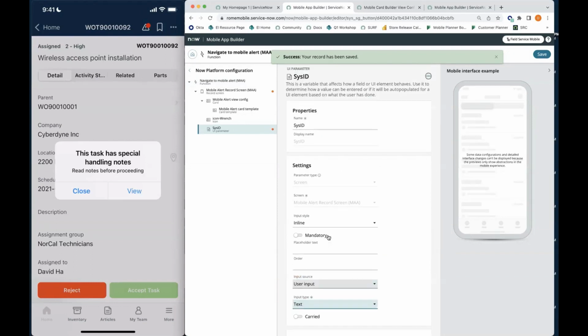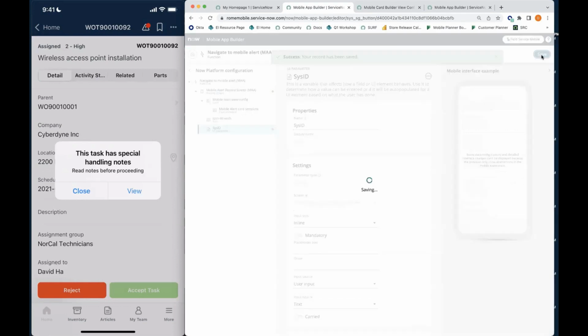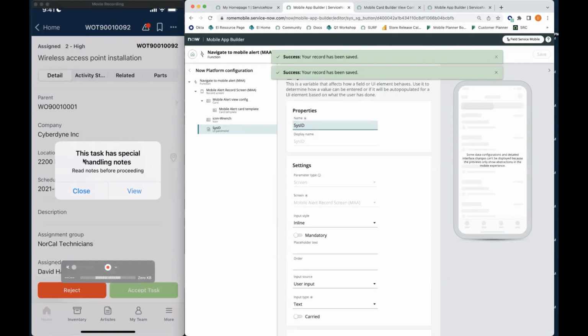Okay. So right now, if I were to leave this as is, let me just save this and show you. So right now, if I were to go here, this view button is basically a navigation button. This will show up anytime that our navigation conditions are fulfilled. So if it's fulfilled, it'll show up on this mobile alert. If I click on view,